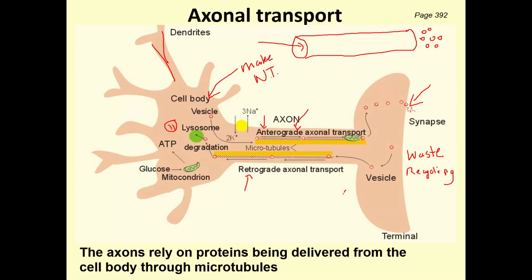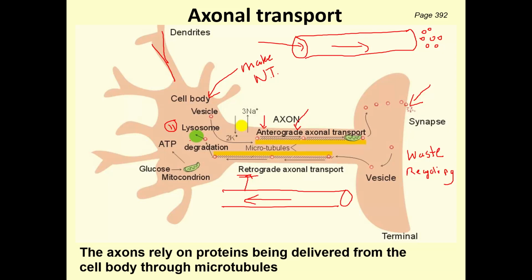And it's exactly the same idea. You've got another microtubule, except this one is sending things back this way, right? So if you're sending things back, you're sending them retro, right? Retrograde. So this is where we're shipping things from the axon terminal back up to the cell body. Usually waste products that we're trying to get rid of, or parts of neurotransmitters that we can recycle and use to make more new neurotransmitters.